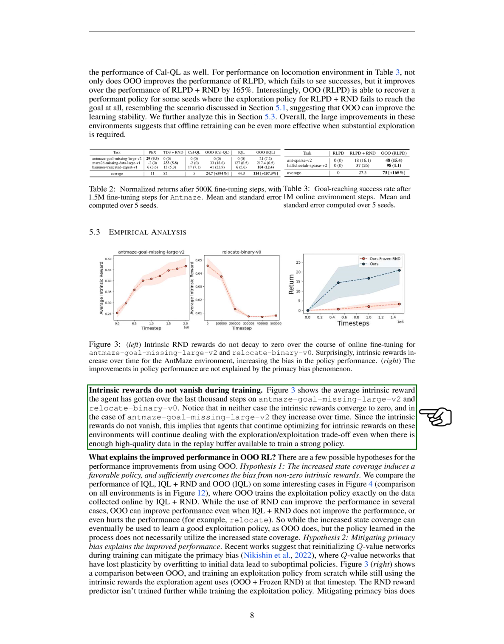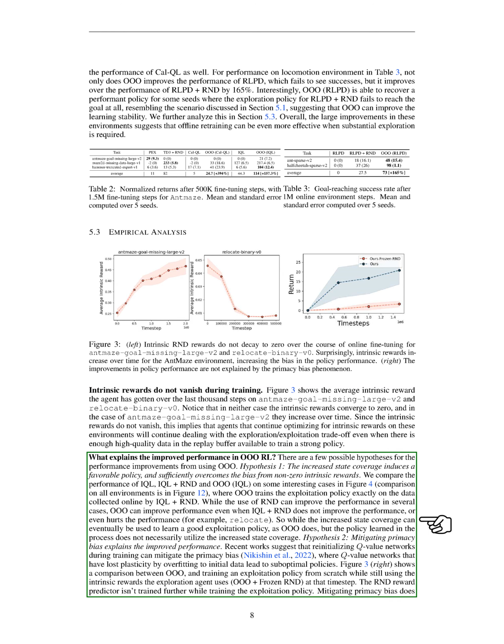This suggests that agents who continue to optimize for intrinsic rewards will keep balancing between exploration and exploitation, even when there's ample high-quality data available for training a robust policy. We then try to understand why OORL, out-of-order reinforcement learning, performs better. There are a couple of theories we consider. The first hypothesis is that the improved performance is due to increased state coverage, which leads to a better policy and sufficiently counteracts the bias from non-zero intrinsic rewards.